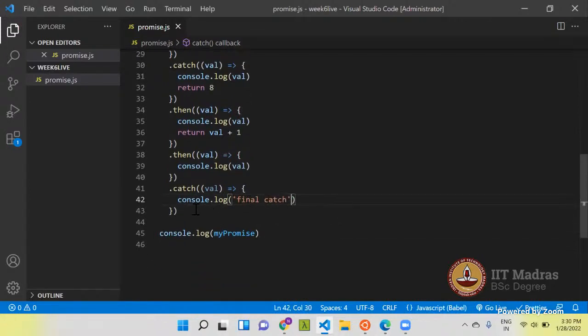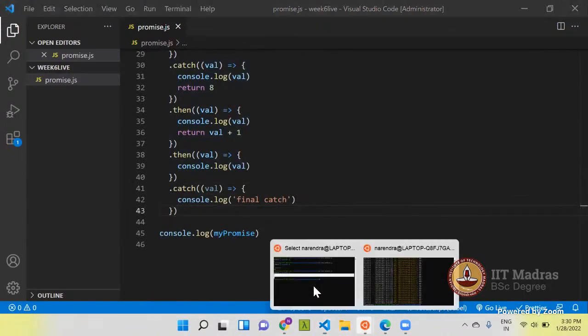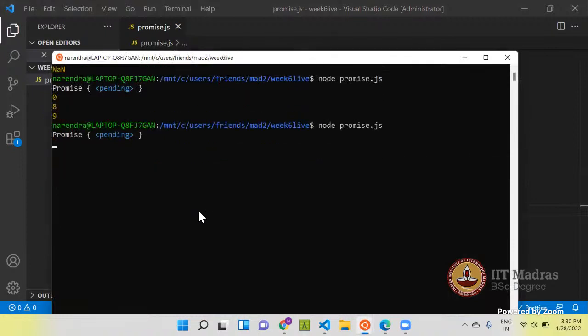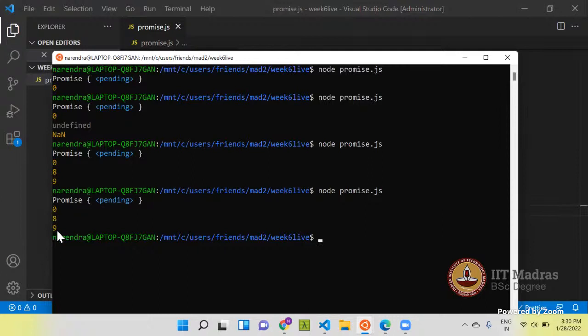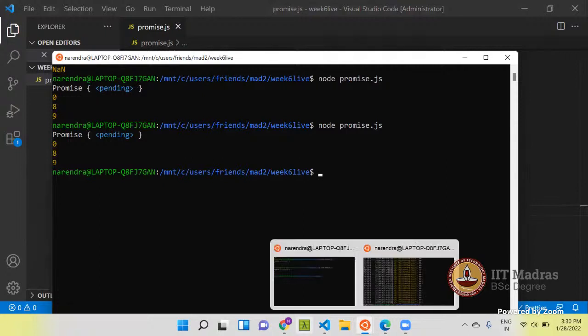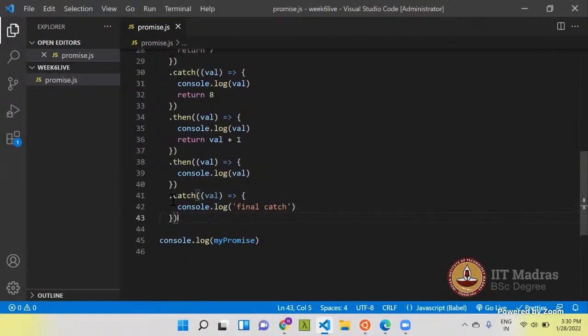I just want to show that the callback function of this catch is not being triggered. You can see there is no statement like this is final catch. So the callback function of this catch is not being triggered.